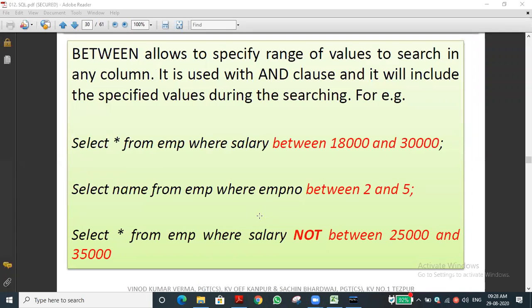Listen, it depends on how the query is written. If you understand it properly, you can get an idea of how to write the query. Between, where salary: it's a field we can use for different tables, for example the same table, or a different table they are asking about. For example, a student database.